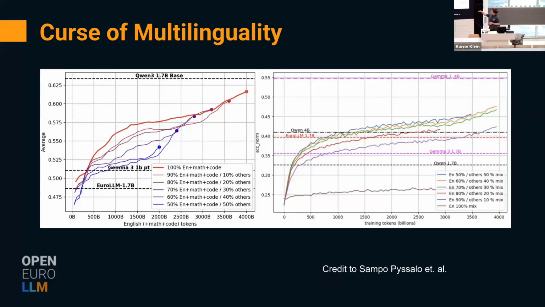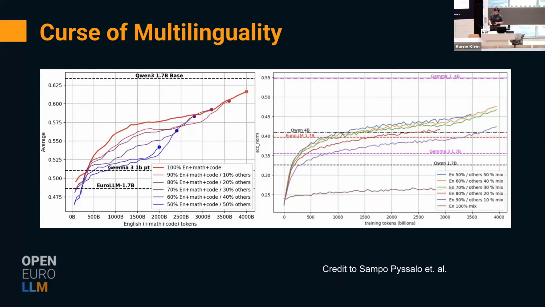incrementally the amount of English and increase the amount of other languages, then the performance goes down on those English benchmarks. But on the other hand, the performance on those multilingual benchmarks obviously increases. But there seems to be some sort of a sweet spot, right? And finding the sweet spot is essential to achieve a good performance, not only on those English benchmarks, but also